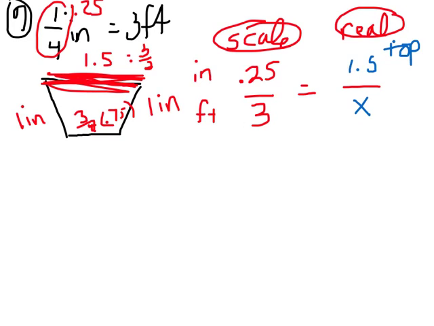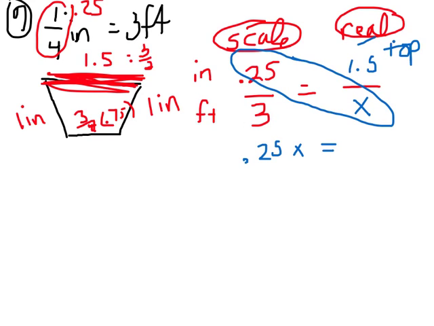Because it's missing. I could put a question mark there, or we can just put an X instead of a question mark. If I do this, and I have a calculator, it becomes a really easy problem, doesn't it? Because what am I going to do? Anytime you see a fraction equal a fraction, you're going to cross multiply. You're going to say 0.25 times x, which would be 0.25x. And then on the other side, you're going to say 3 times 1.5. It's 4.5, isn't it? Okay, so